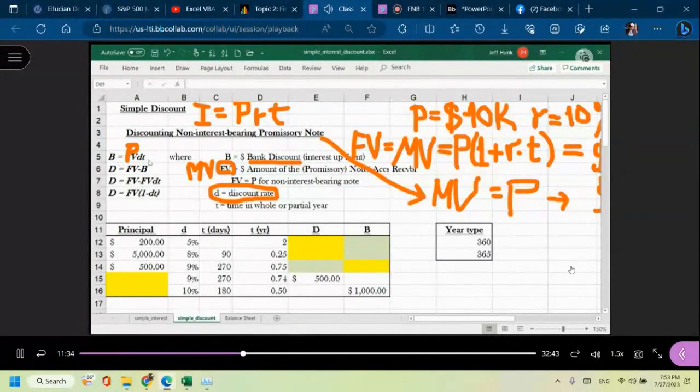So the only difference is that in this case, this interest is added to the principal, and then that's the future value. But simple discount is also called bank discount. And in case of simple discount,